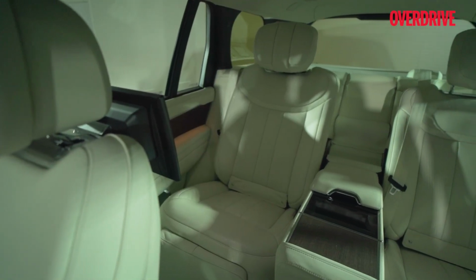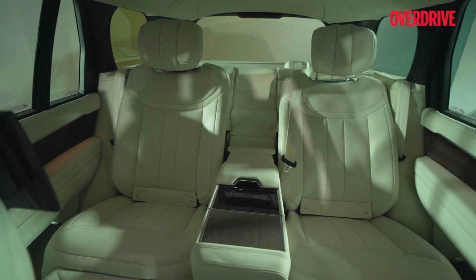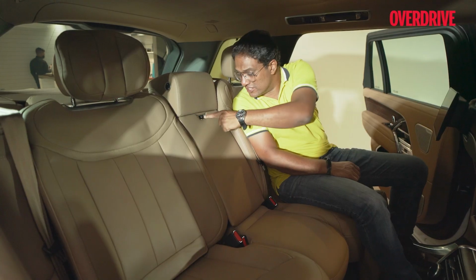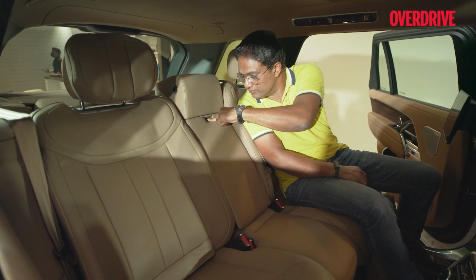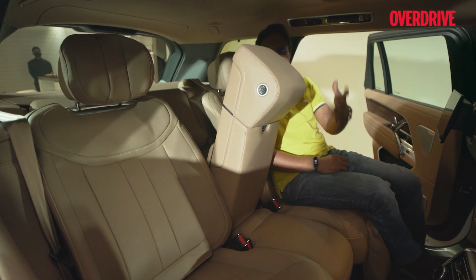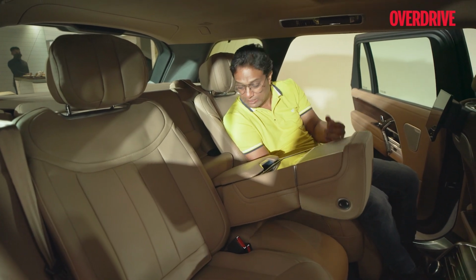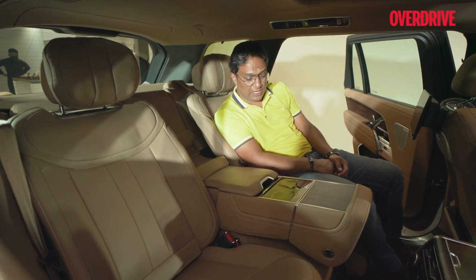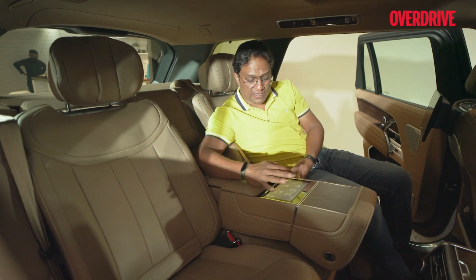Very luxuriously appointed, but a lot of the functions, and I do believe that the Range Rover has got just too many electronic systems on it. For instance, even the center armrest. Now, this is a 5-seater option. So there you go. This could have been a very simple manual control, but they've made it electronic. It's too gimmicky if you ask me, but what it allows access to is a touchscreen that lets you control